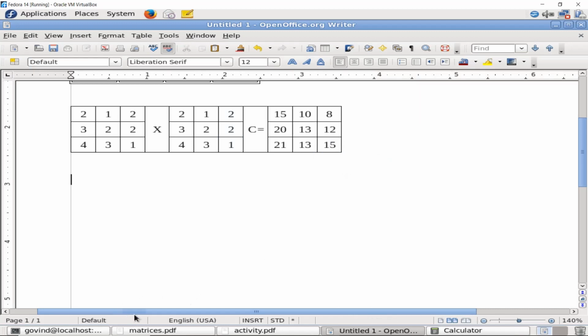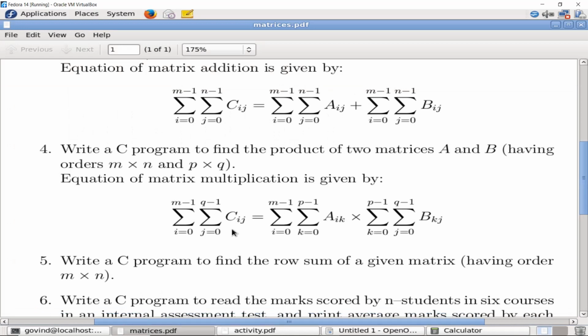Now let us switch back to this problem definition. Here what you should observe is, since it involves a sum of products, at each iteration you are supposed to multiply each row of the first matrix with each column of the second matrix and repeat it till all the rows and columns of both matrices are done.